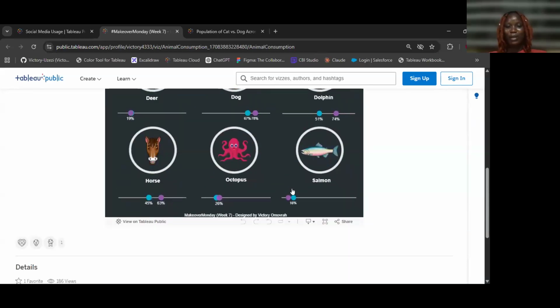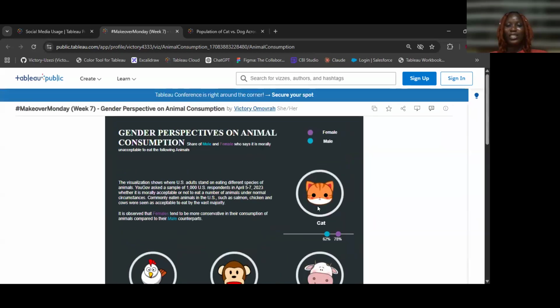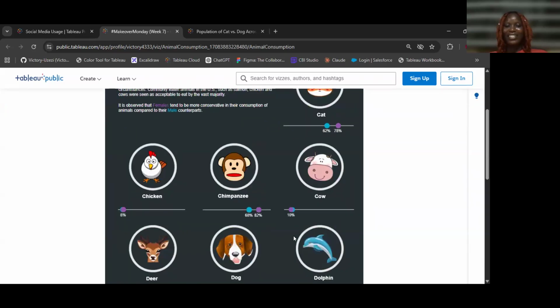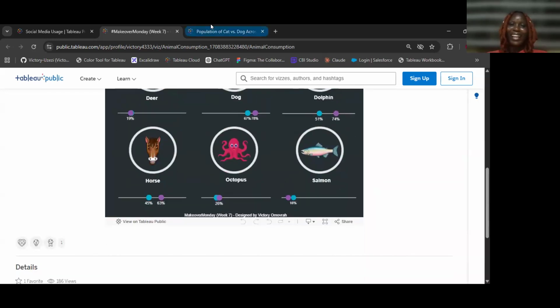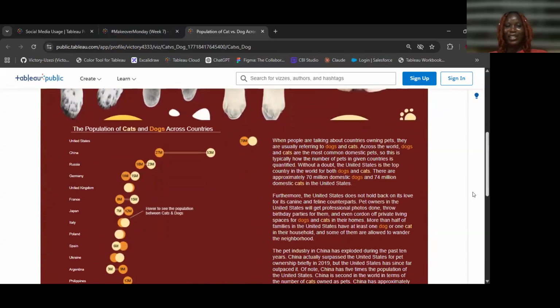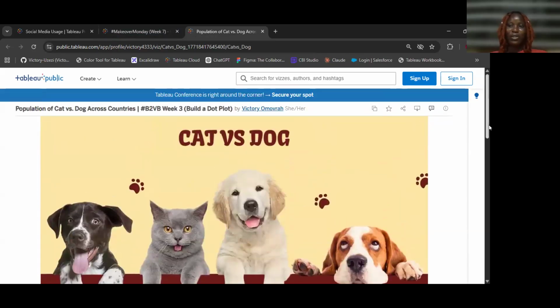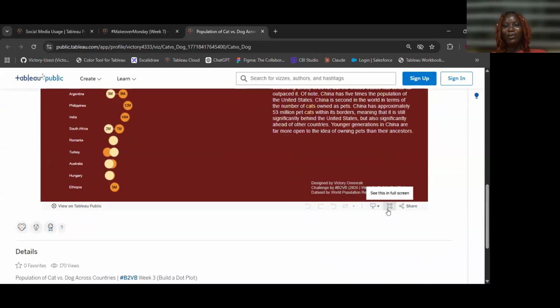It's another favorite project of mine that I loved because I like how I played around with the images precisely and the way I indicated the percentage. I kind of like it. I think I like playing with images when it comes to animals, when it comes to projects and all that. So yes, I have another one, which is the final one.